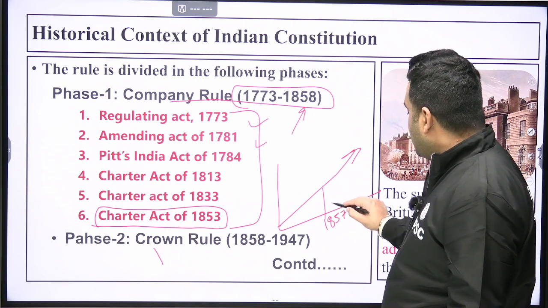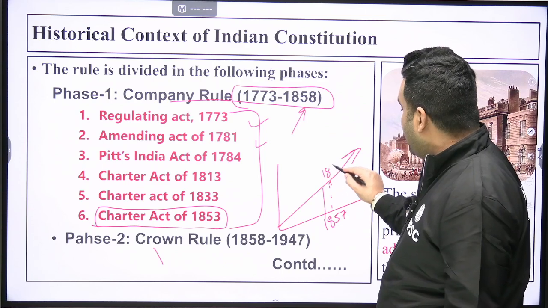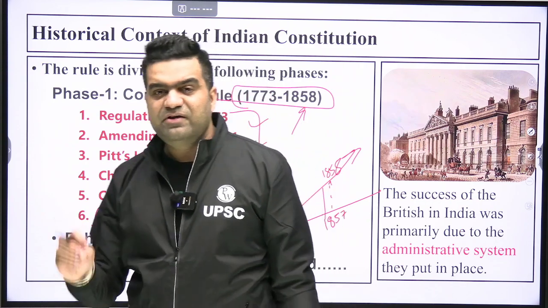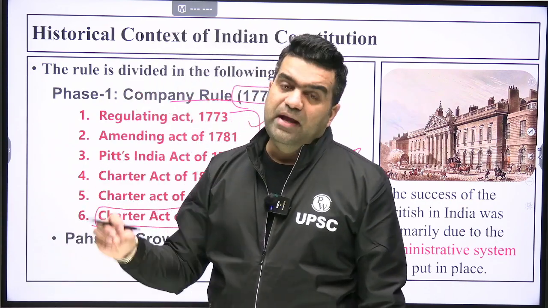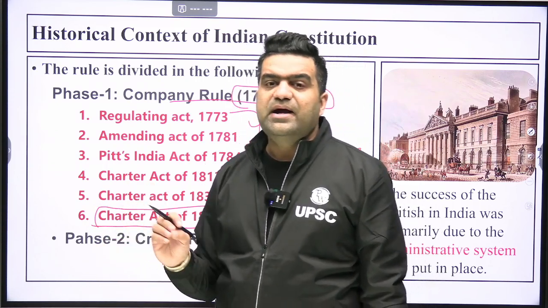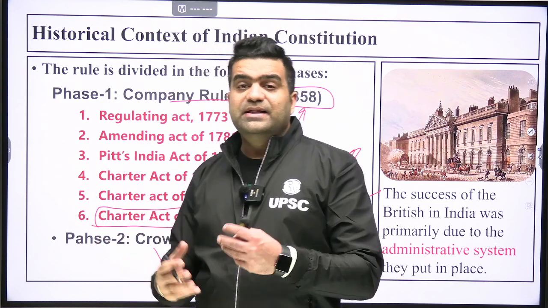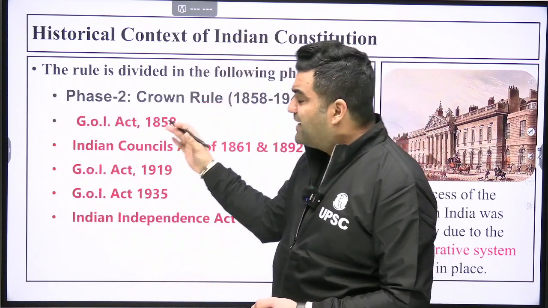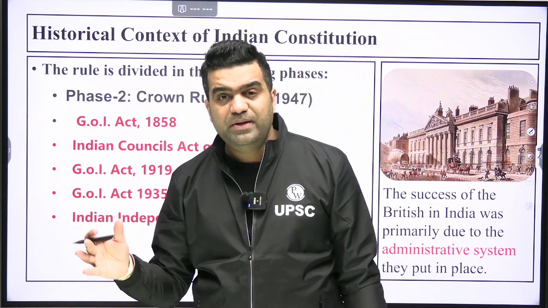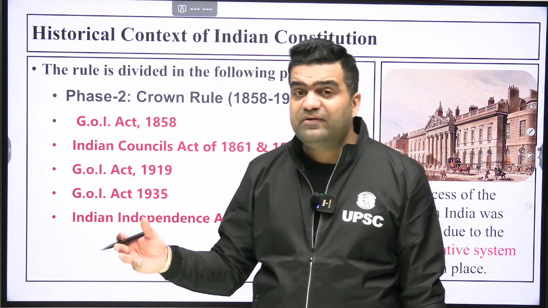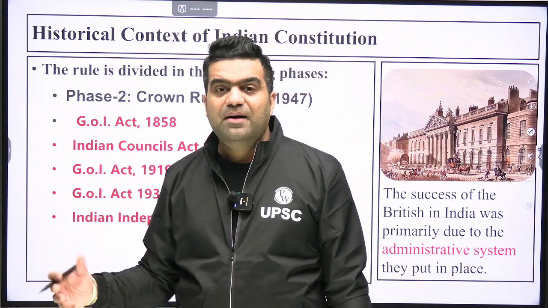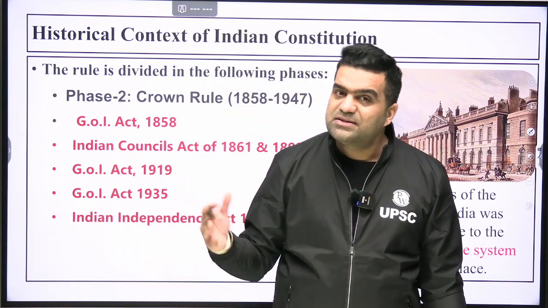1857 onwards, or after the Act of 1858 was brought about, for obvious reasons: after having faced the revolt of 1857, the Britishers did not want to take any kind of chance, even though they pretended that by taking over the control from the company, the British Parliament, Queen Victoria, was trying to be benevolent, soft and kind-hearted towards India. But the reality was the opposite.